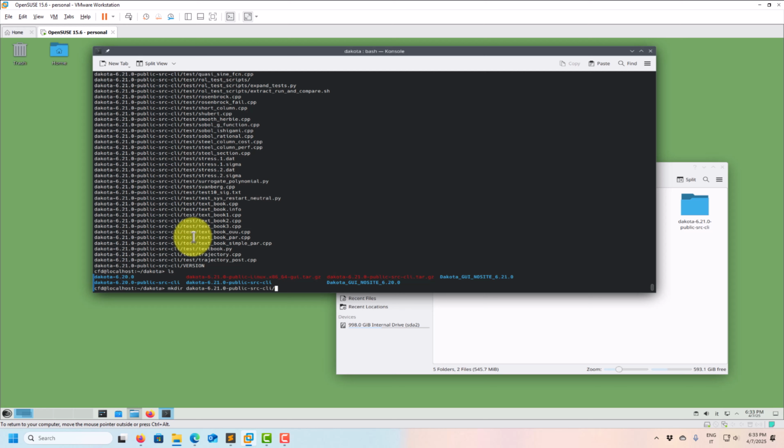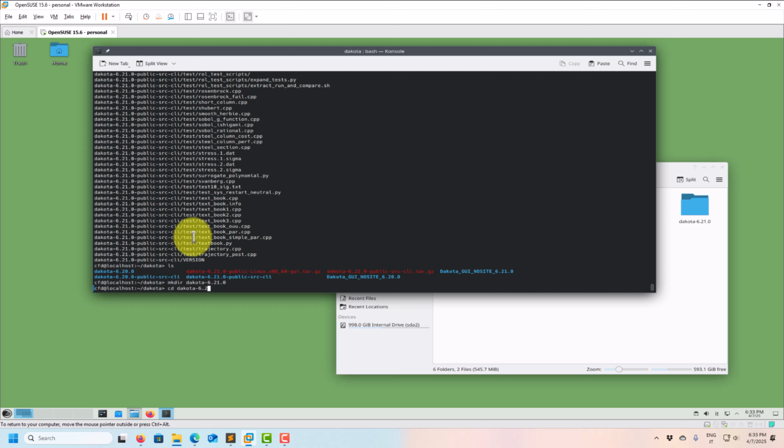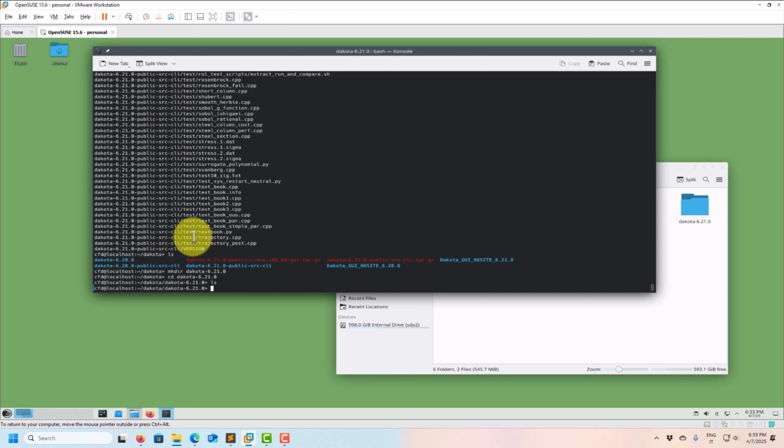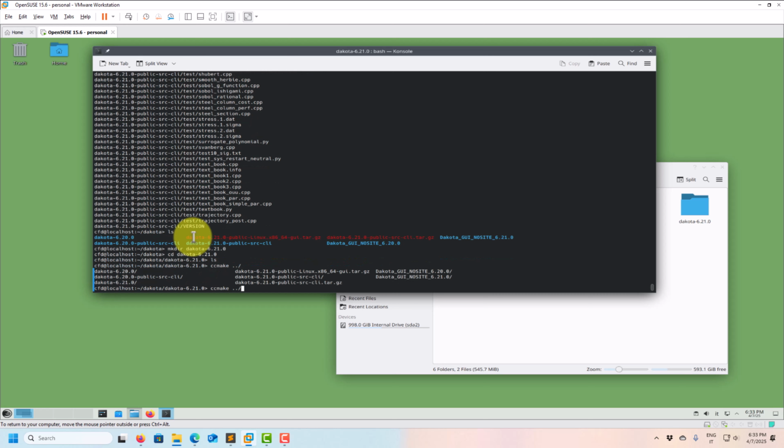I will call it Dakota 6.21, and here we enter, okay, and here's where we're going to do all the compilations. So you have the source code somewhere, and then ccmake will copy everything here. You're going to have everything centralized here, and to do that, you go here, you give the path where you